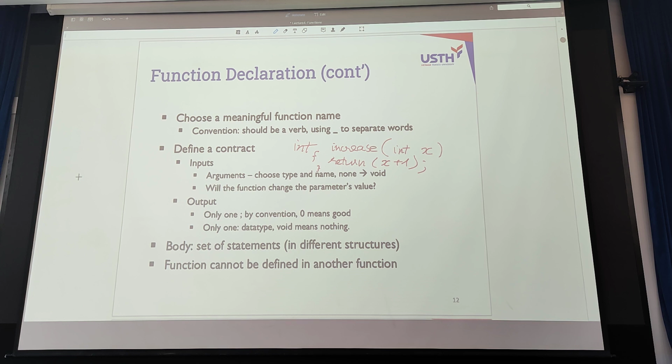What is the return data type? What is the function name? How many parameters? And what are their names and data types?